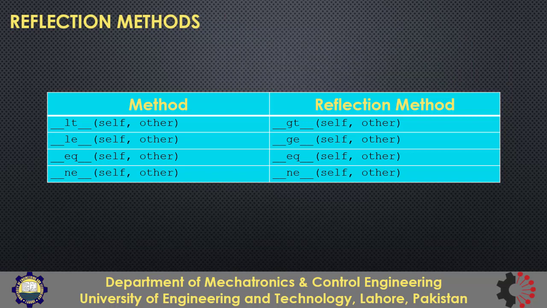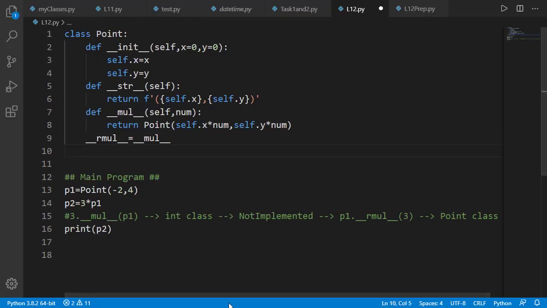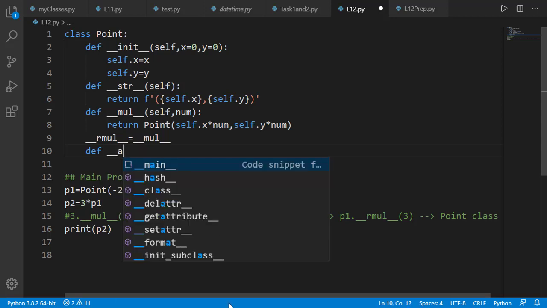This is because of these reflection functions that we are able to use less than when just greater than is defined in our class. Let's see how we are able to use less than while just having greater than defined in our Point class. For that we will define the greater than method, but before that let's add the absolute method as the basis of our comparison.